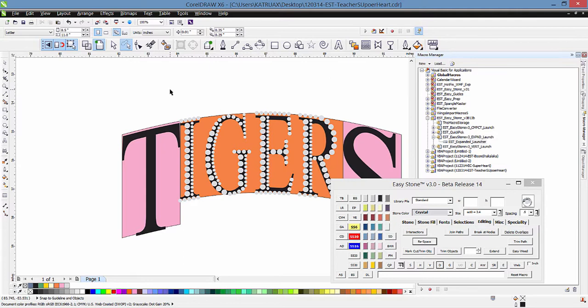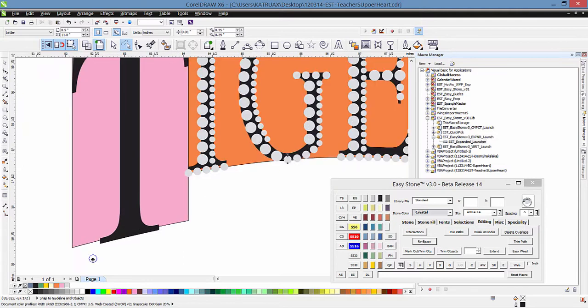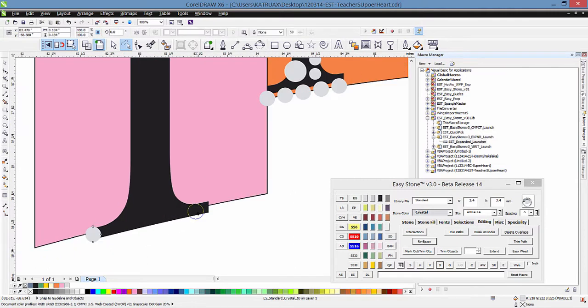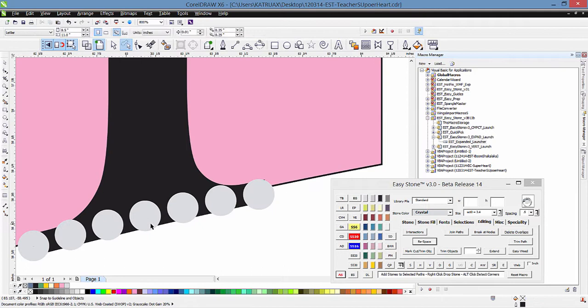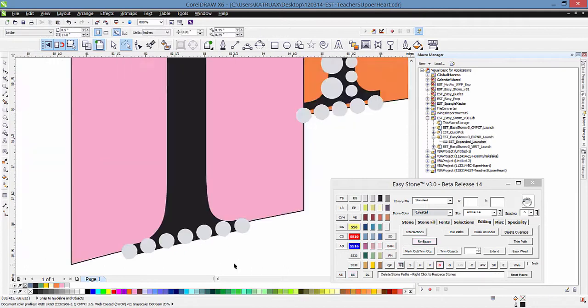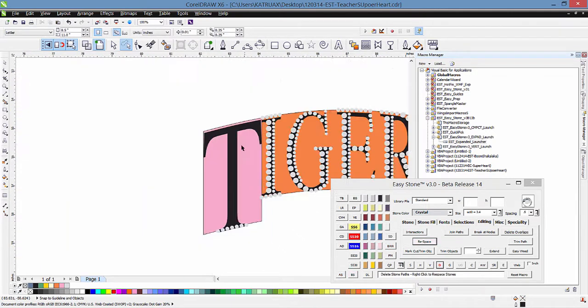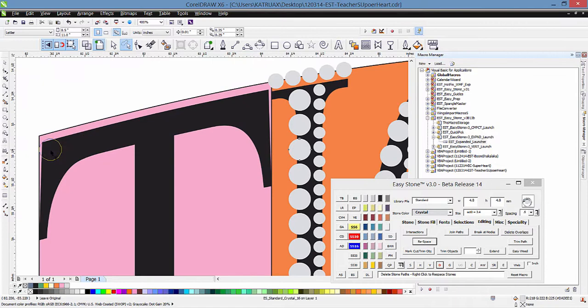Alright, so now we more or less have the word tigers there in the middle. We're going to grab a 10 and come across, give it just a slight arch, doesn't have to be much. There we go. And then across the top, I think we're going to do 16s. So we'll put a 16 there, put a 16 there,